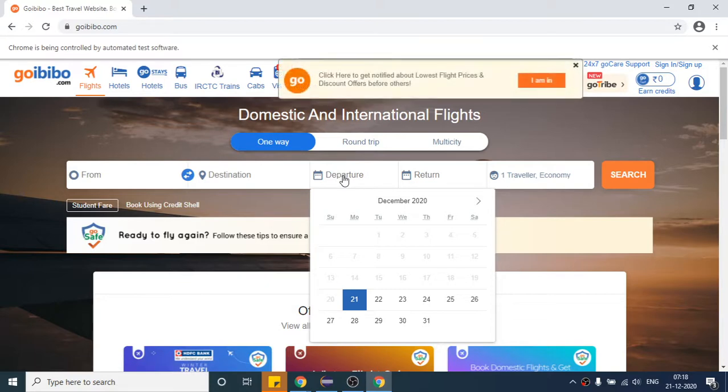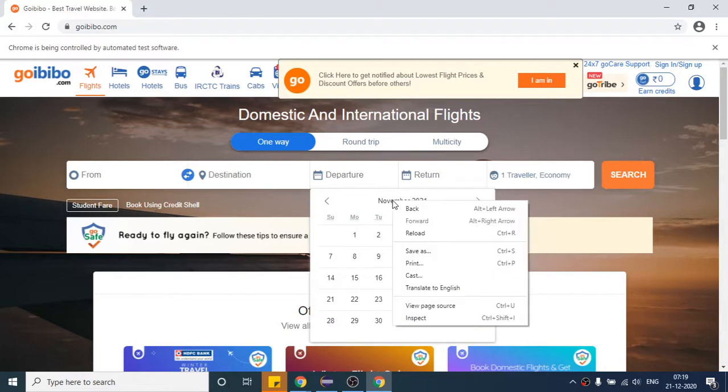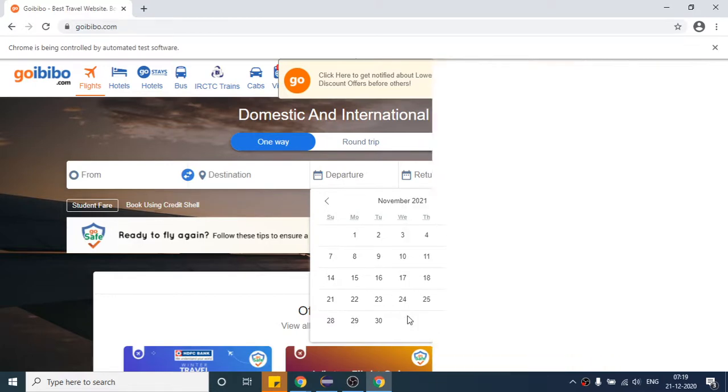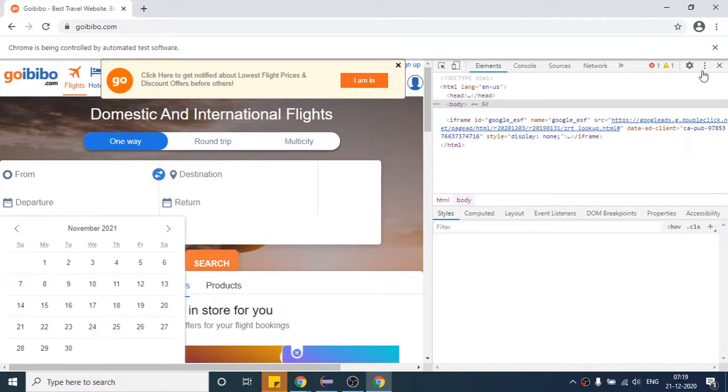So our next step is to select first this, right? First I will select this year, then only I will select the date. This is how I will do it manually. Suppose I want to come to November 2021 first, then only I will select the date, right? So to do that, first let me write one XPath for this. Why I am writing it, you will get to know soon. So how can I write an XPath for this November 2021?